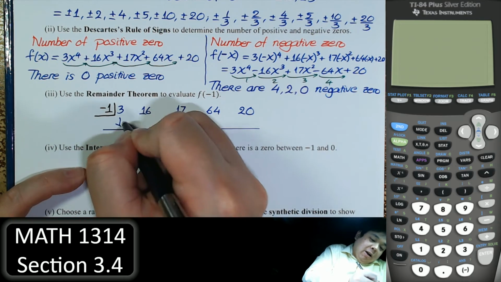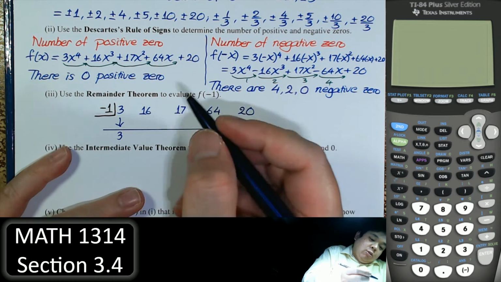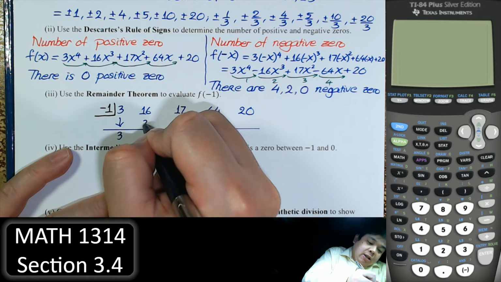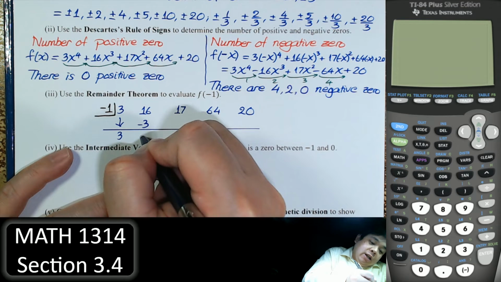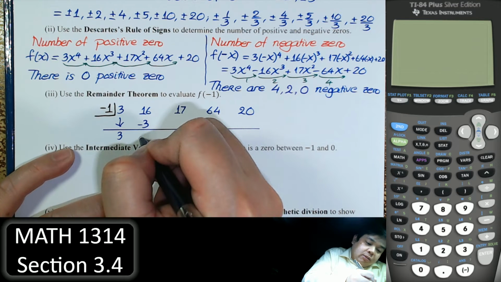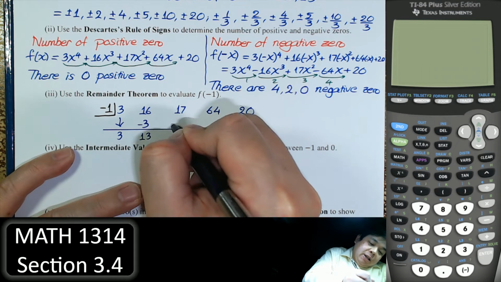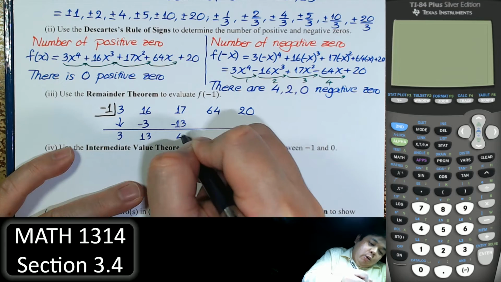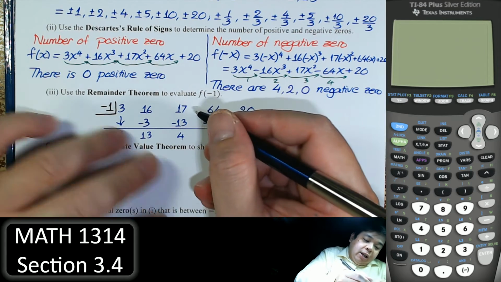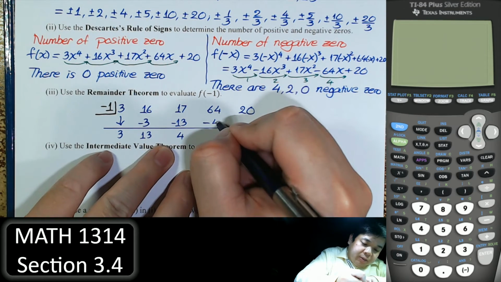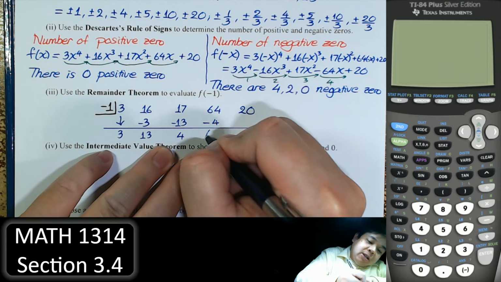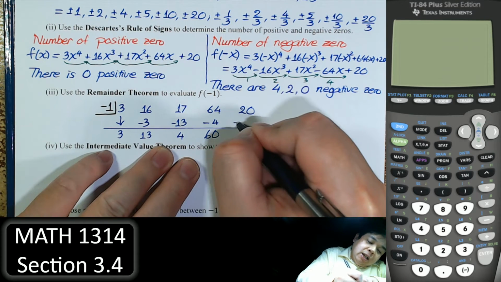Right, write down 3, negative 1 times 3 is negative 3. And add them: 13, negative 13, 4, negative 4, 60, negative 60,